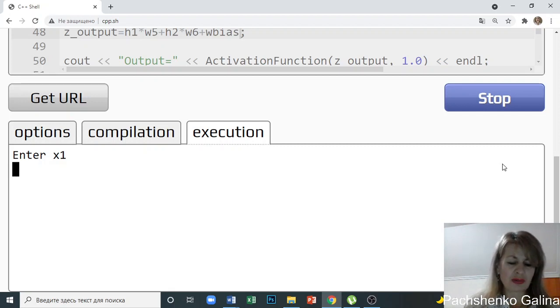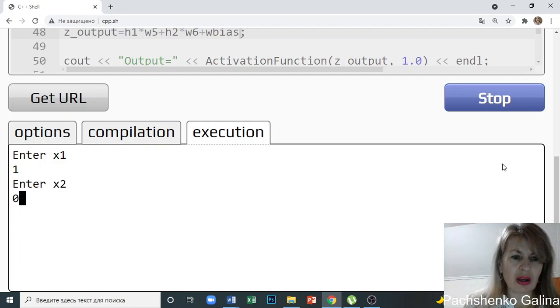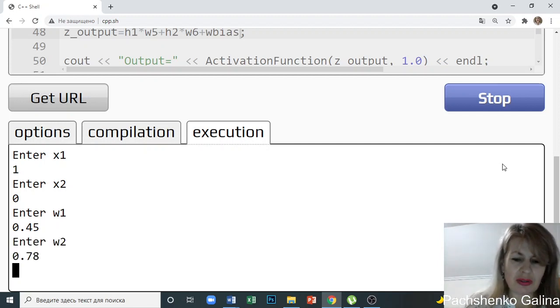I want to enter the same values. Okay, x1 was 1, x2 was 0, and our weights, the same values as the first time,